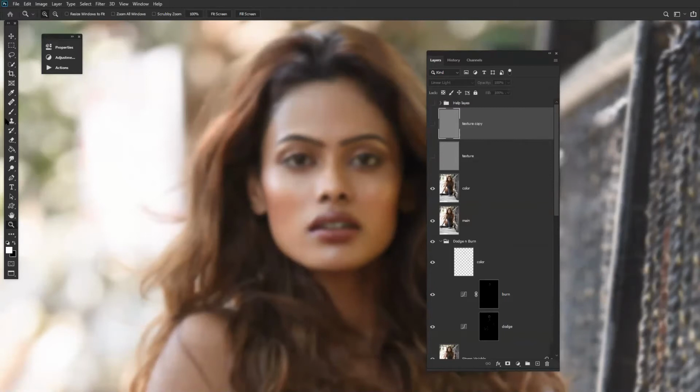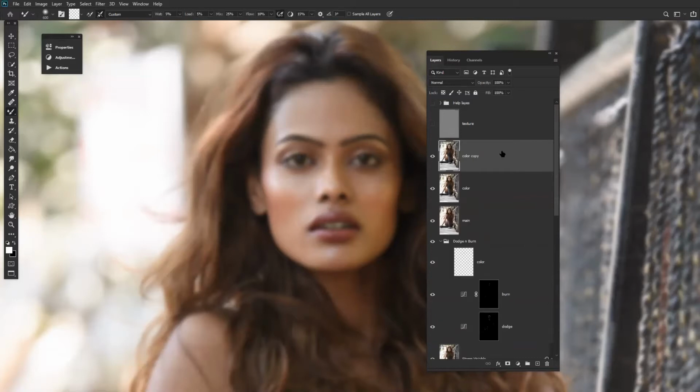So one of the most popular methods is using Gaussian blur, but I will teach you today by mixer brush. I will tell you a little detail about Gaussian blur very soon, but we will do it with a mixer brush. So what is a mixer brush?